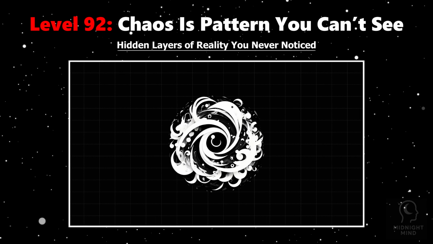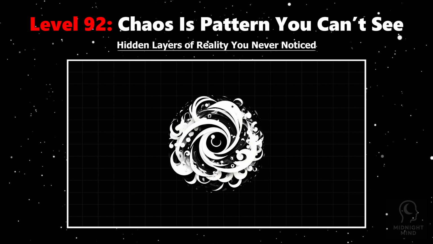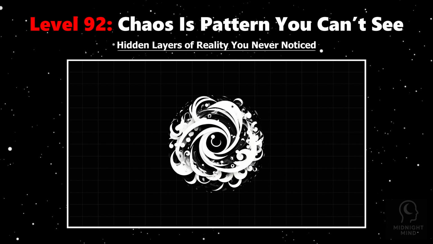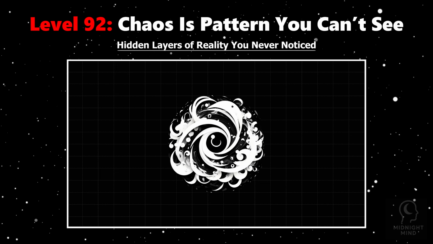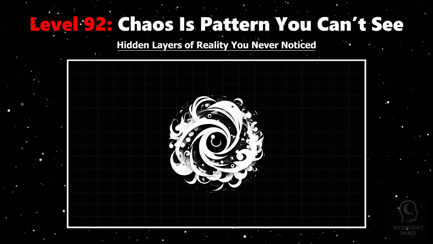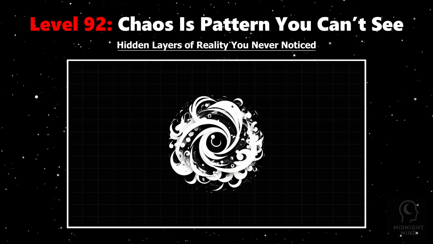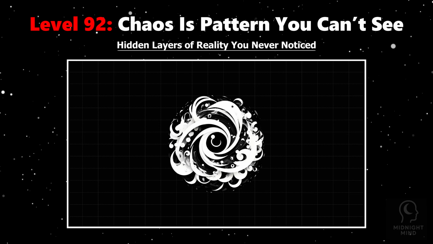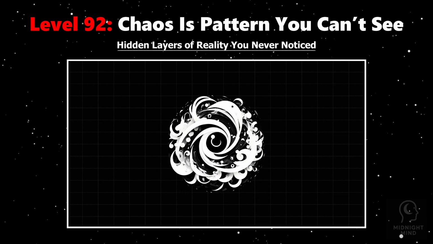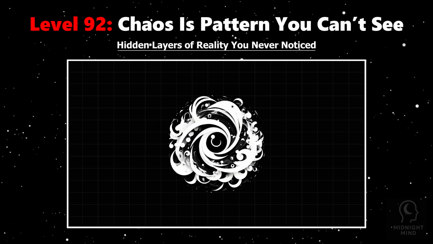Imagine standing in the middle of a swirling storm, watching lightning flash unpredictably, feeling chaos all around. But what if that chaos is actually a hidden pattern your mind can't yet grasp? Science reveals that what we often perceive as random or chaotic is simply order, too intricate or too vast for our current understanding. Complex systems, from weather to ecosystems to markets, operate with layers of interaction so subtle and interconnected that their true logic escapes our immediate perception.